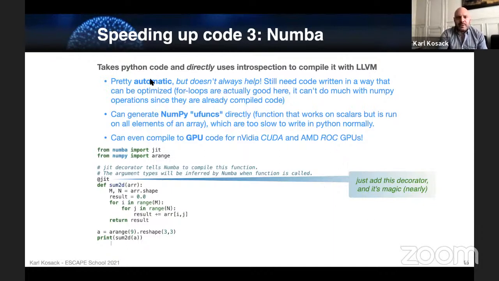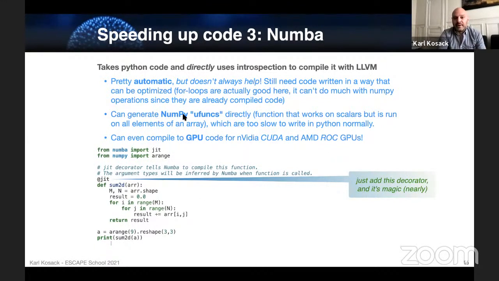This is basically a way that you can take a piece of Python code and just put a decorator on it, @JIT. It uses introspection to look at the abstract syntax tree of this piece of code, and it turns that into code that can be compiled by an external compiler, LLVM, and makes a very, very fast version of that code that can then be called from Python.